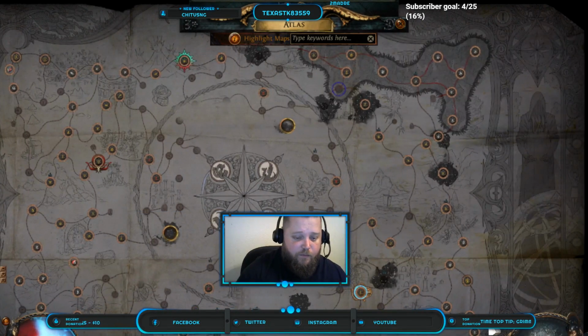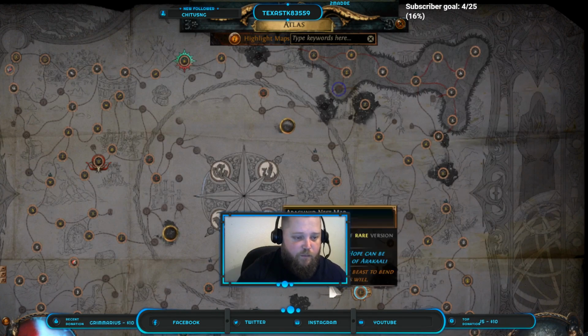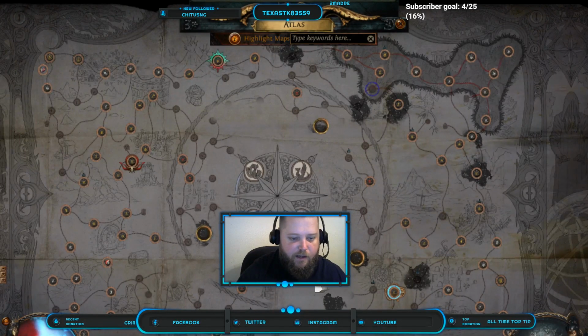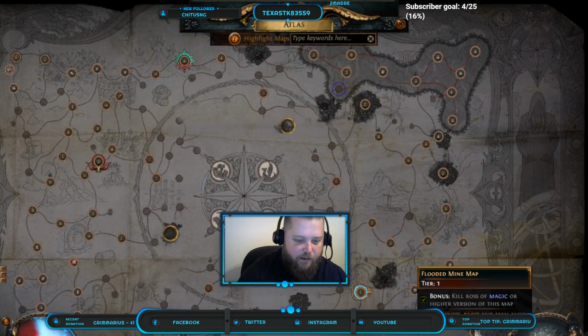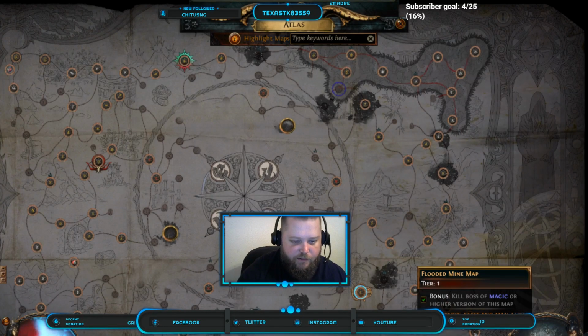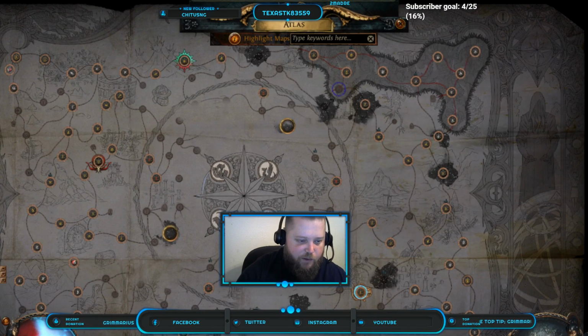So, when you start out, you're fresh level 70, you just get your map device, you're wondering, okay, what do I do now? You probably have gotten a few level 1 map drops on your way. So, you start out with your tier 1 maps. When you do this map, as you can see here, it says bonus: kill a boss of magic or higher version of this map. So you either want to roll an alchemy shard or an alchemy orb on it to make it rare, or you want to roll an augmentation to make it magic, and kill the boss. That will give you a 1% chance